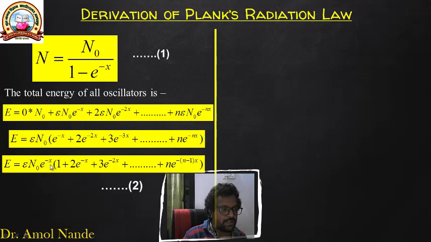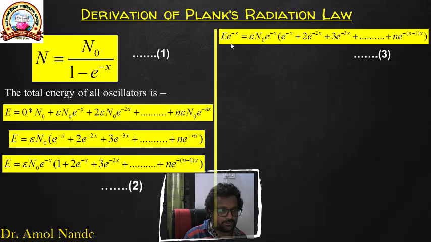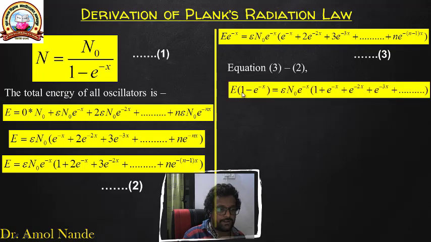ऑलराइट, now what we did, we multiplied on this side with e to the power minus x। आप चाहो तो दोनों साइड में भी करके कर सकते हो। so after that what you get if you subtract equation 3 minus 2, so you get E into 1 minus e to the power minus x is equal to epsilon n0 e to the power minus x, और ये वाली टर्म 1 plus e to the power minus x plus e to the power minus 2x plus e to the power minus 3x and so on।